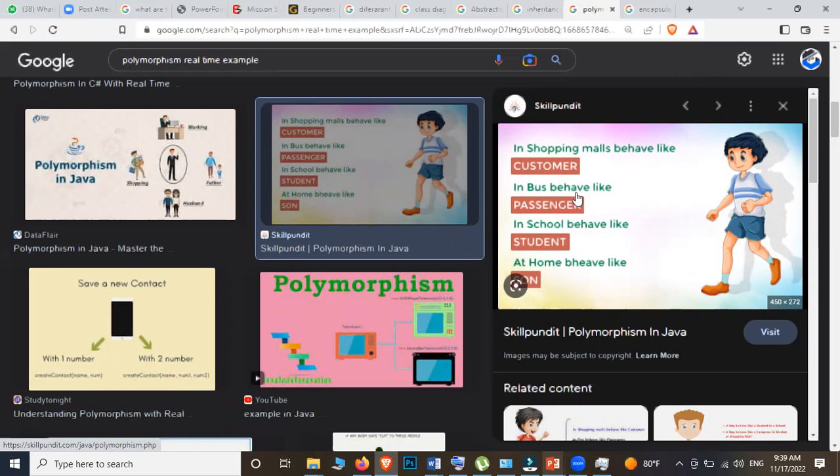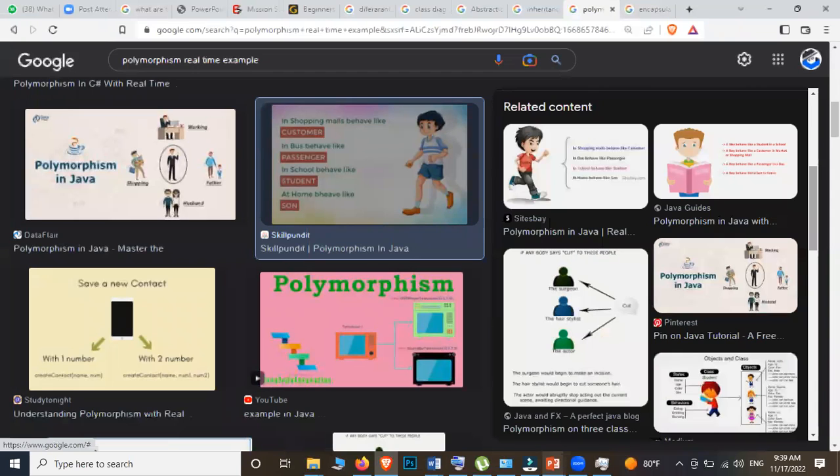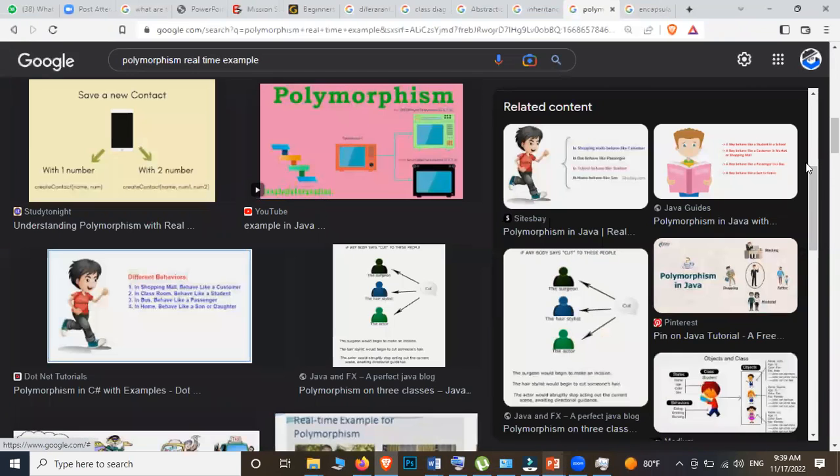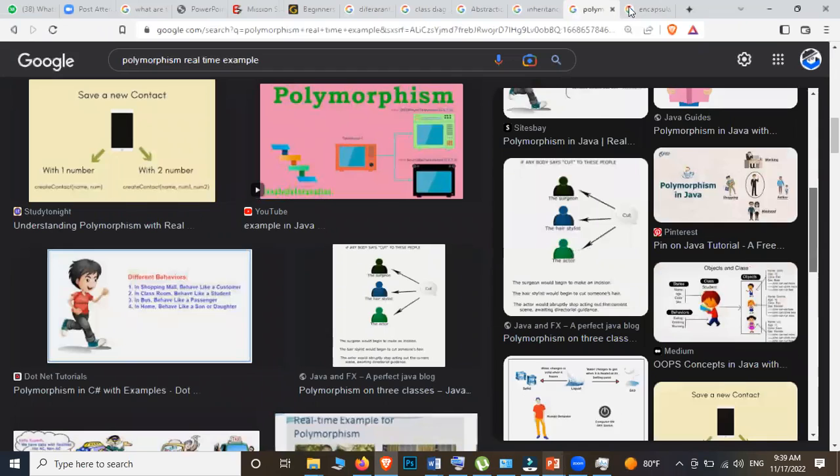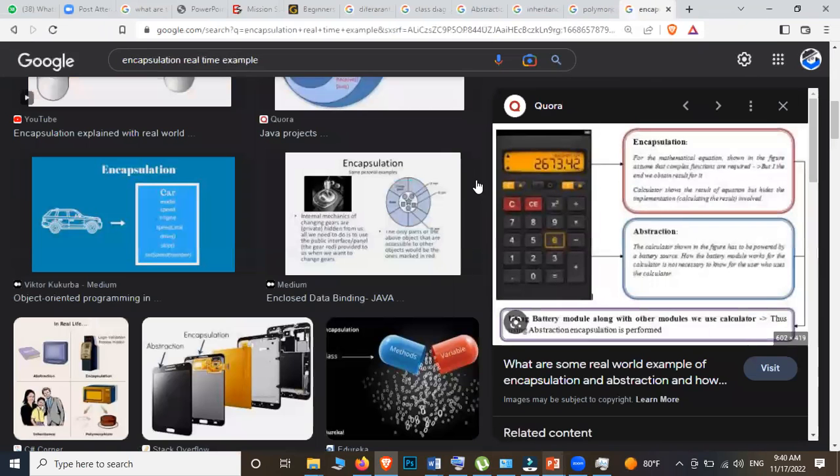Am I clear? Is this clear? Okay, so polymorphism is where the method will be the same but there are different ways of implementing. And then encapsulation, as we learned.